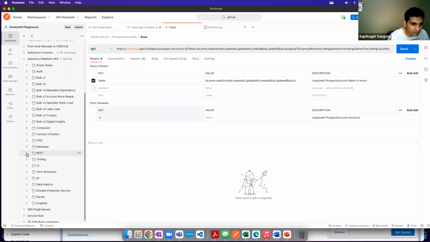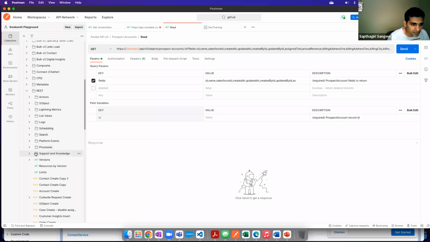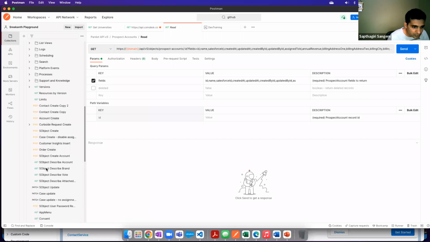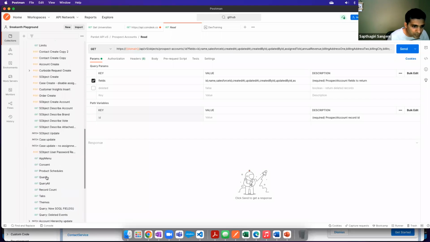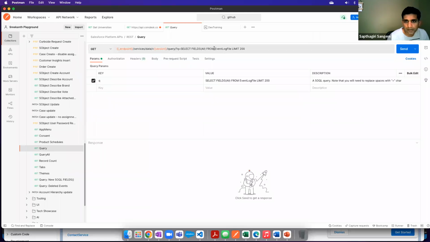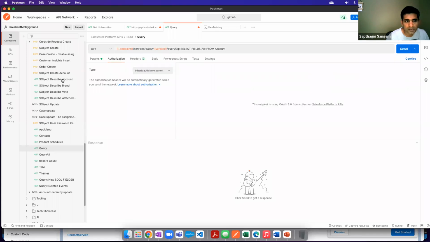Underneath that, you can find this. Let's see account create. Query. Let's see what this query is. Yeah, so query, select all fields from, let's say here we'll say account. And now we know this endpoint is going to our domain and version. And the authorization is coming from that. And now if we try to issue this,